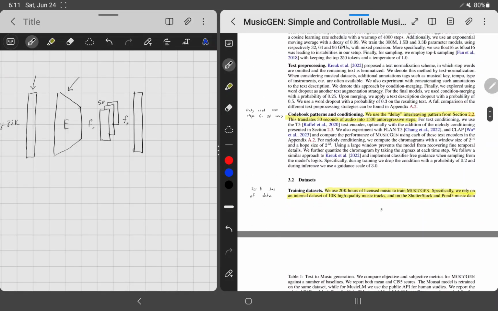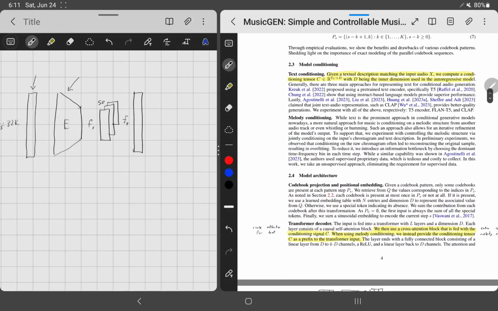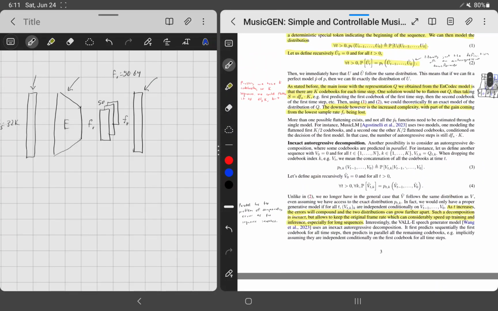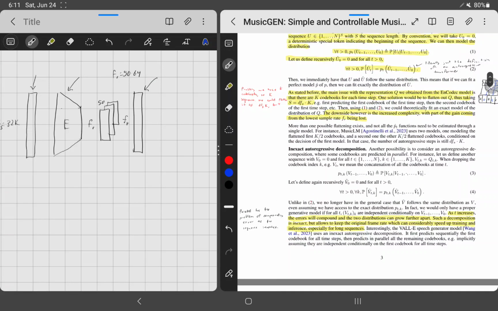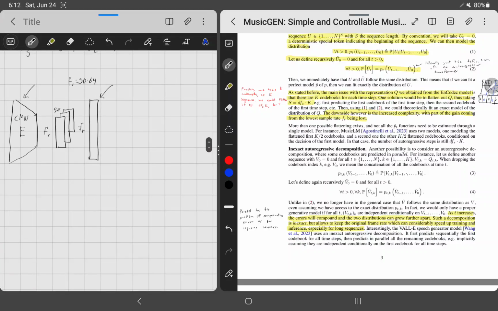50 by the number of features. I think it was 64. So f sub r is equal to like 50 by 64 for 1 second of audio. So we have this vector that's much smaller. It's composed of the features of the audio as opposed to just the raw audio. Anyways, our CNN encoder brings out the features in the audio into a smaller representation that's easier to deal with,